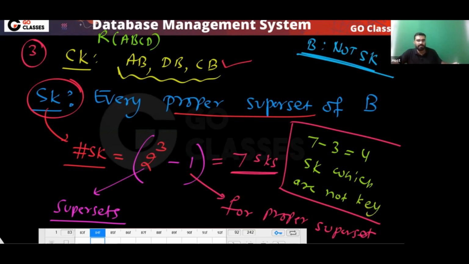Is this clear? This is a quick method. Simple observation that every proper superset of B is a super key. You can do it with inclusion exclusion also, but that will take time. Okay, if you want method 2, for question number 3, the inclusion exclusion method, if you want to take,